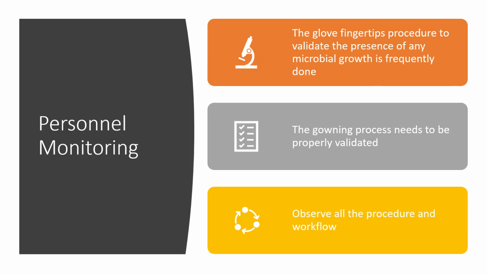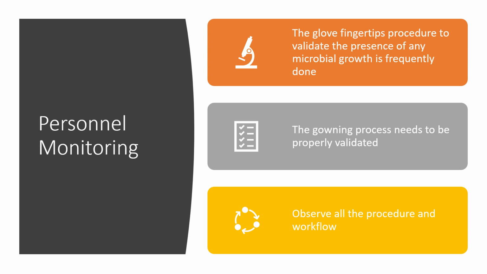Last but not least, let's delve into the critical aspect of personnel monitoring in pharmaceutical and healthcare settings. Firstly, let's discuss the glove fingertips procedure, a fundamental aspect of personnel monitoring. This procedure involves regularly validating the presence of any microbial growth on the fingertips of gloves worn by personnel. By conducting this validation process, facilities can assess the effectiveness of hand hygiene practices and identify any potential sources of contamination. Regular monitoring of glove fingertips helps ensure that personnel maintain proper hygiene protocols and minimize the risk of introducing